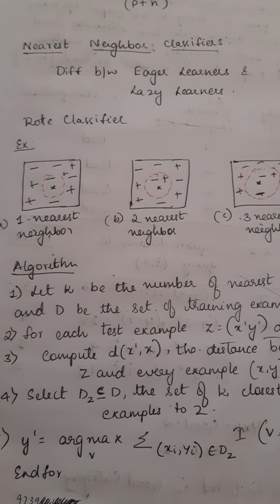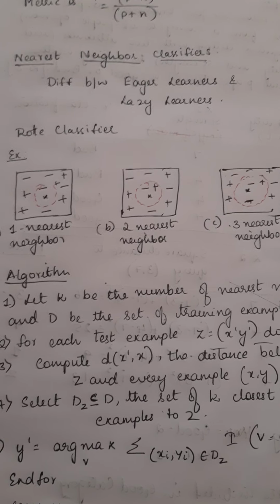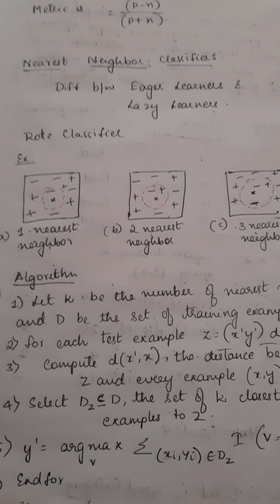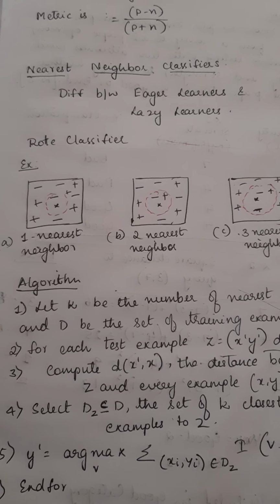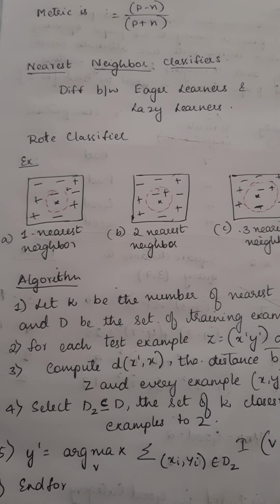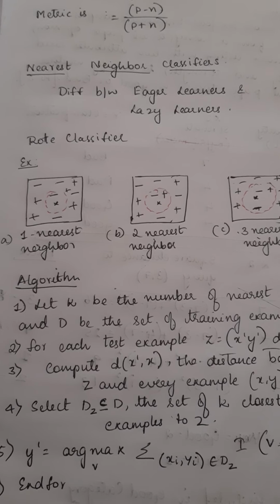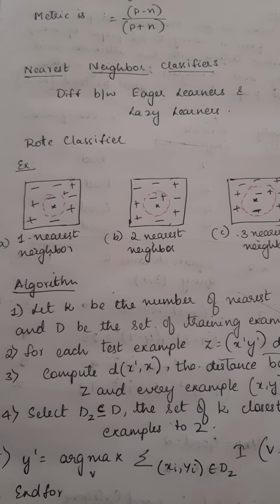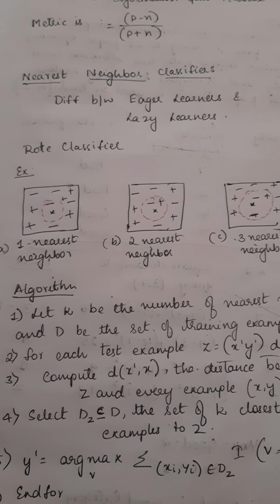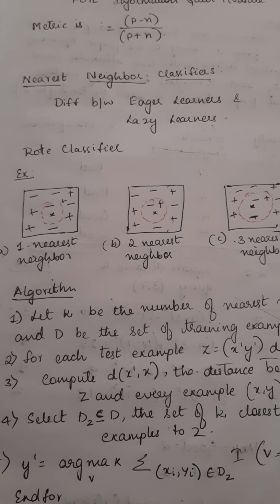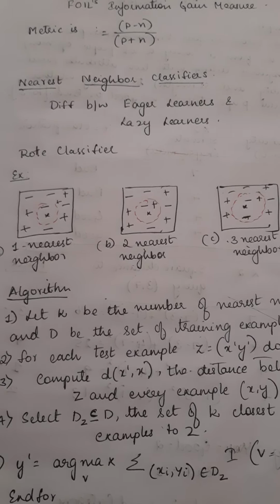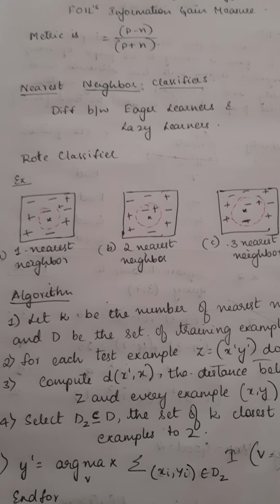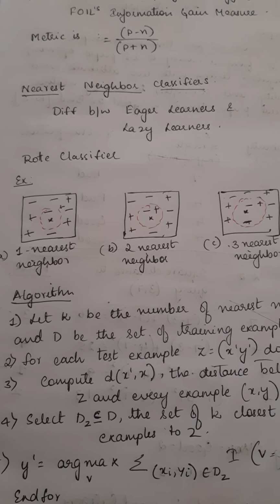lazy learners. Now, decision tree and rule based classifiers are examples of eager learners because they learn a model which maps the attributes to a class label as soon as the training data becomes available. Means, as soon as I get the training data, they will start learning the model. Okay, and then whenever a new data is input, now supposing I have 100 records, based on these 100 records, it would have learnt how the model is.